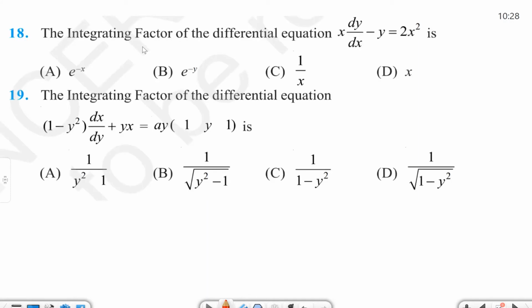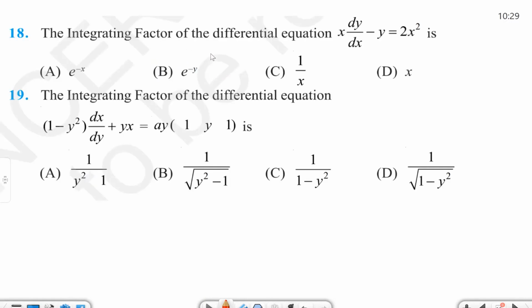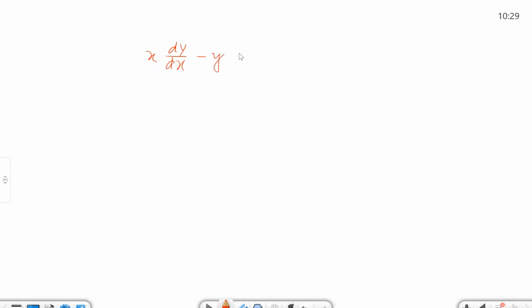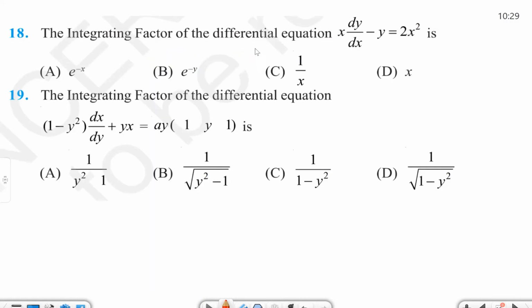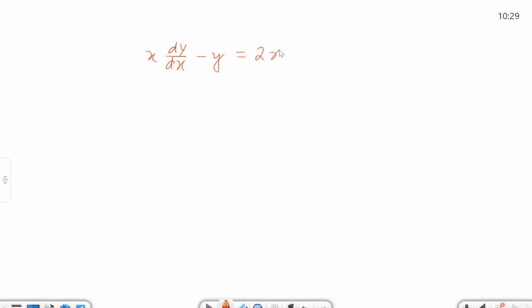The equation is x dy/dx minus y equal to twice x square. Question number 18. So make it a standard linear differential equation. So we have to make dy/dx free, so dy/dx minus 1 by x into y is equal to twice x,